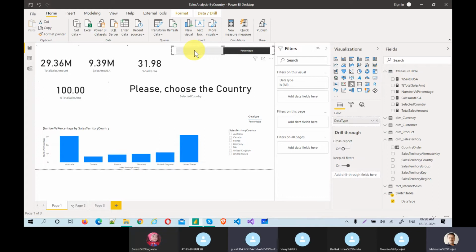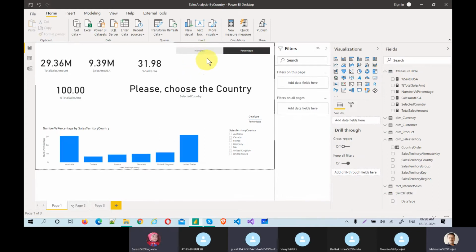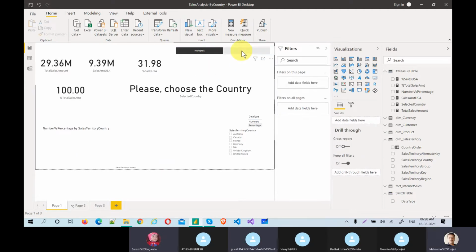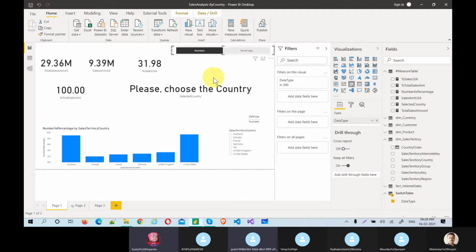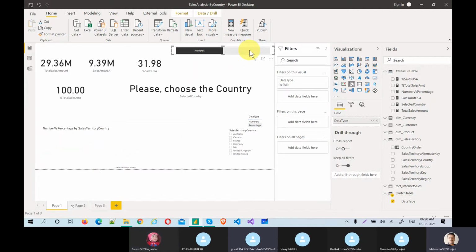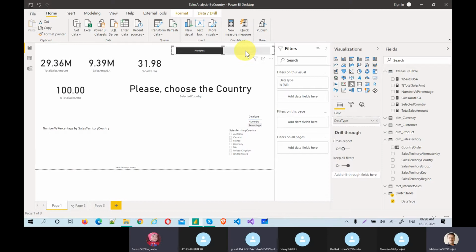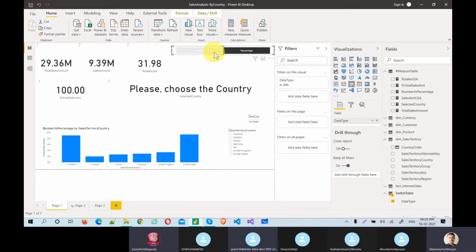Now if I click on these numbers only, the numbers are highlighted. So numbers are coming. If you highlight this percentage, then the number is highlighted. It looks like a little bug, but